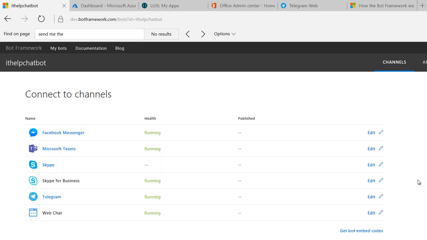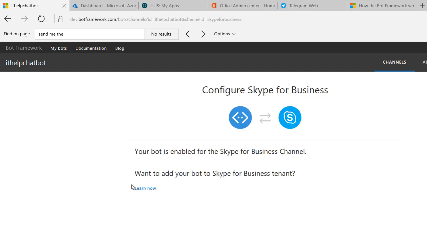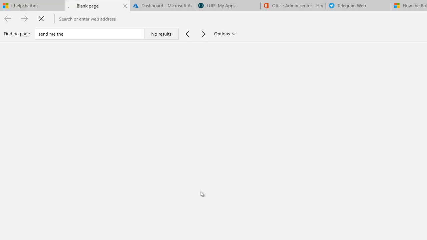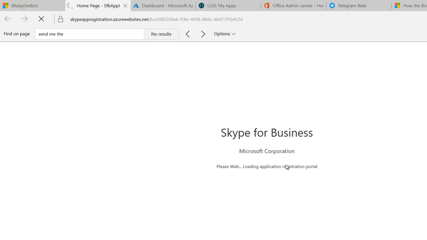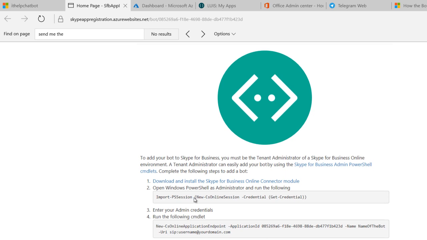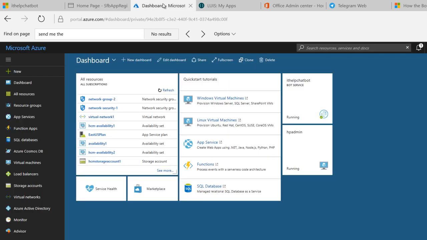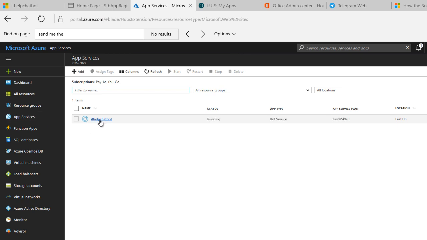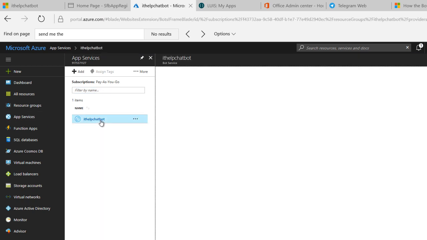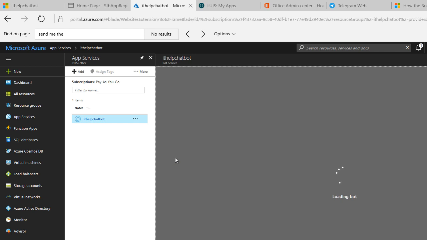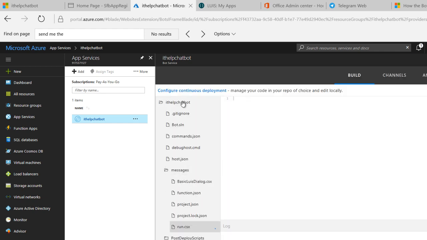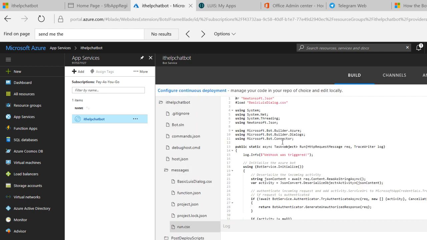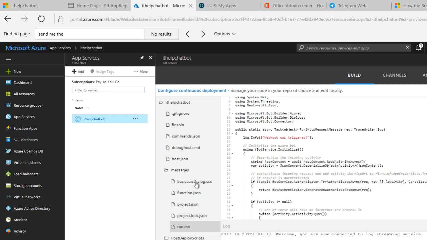To configure with Skype for Business, it's really easy. You just have to send some PowerShell commands, and you can register the bot on the fly with the right ID. But you also need on Microsoft Azure a web server in order to be able to answer the request. In my example, I'm using .NET with a serverless bot service in order to be able to send the command I need to my server.